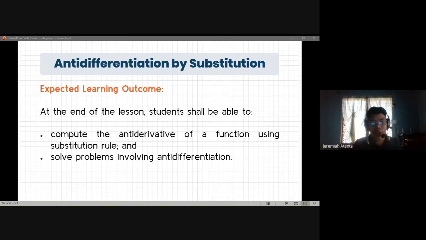Okay? So there are occasions when it is possible to perform a difficult piece of integration by first making a substitution. Okay? This has the effect of changing the variable and the integrand. So here we will be changing the variable. So we will let a certain variable equal to a certain expression in the given expression. Okay? So ganun yung gagawin natin. Maglilet tayo ng isang variable. Okay? So change yung variable as well as the integrand. Okay? Now,